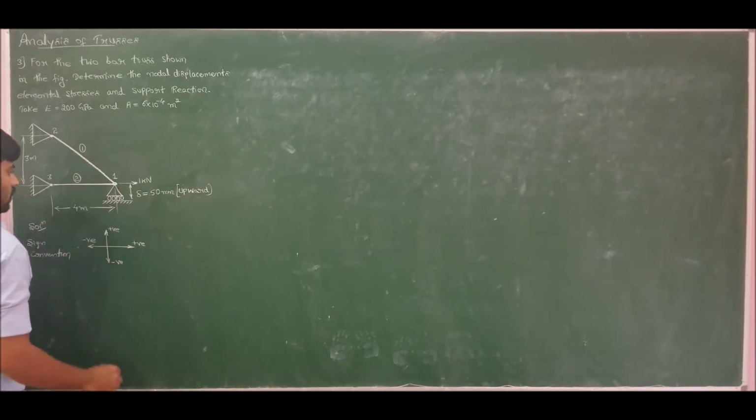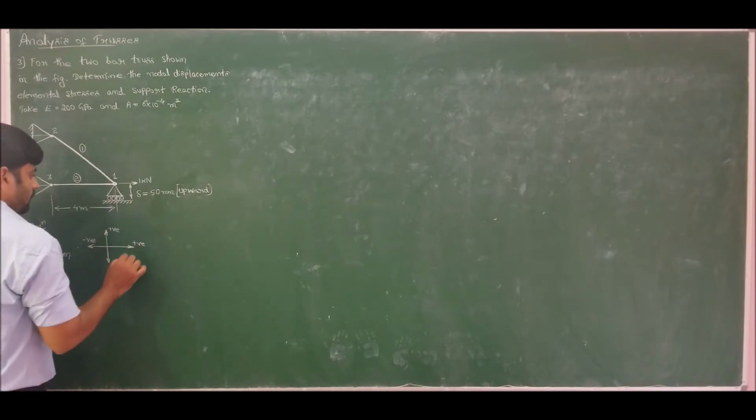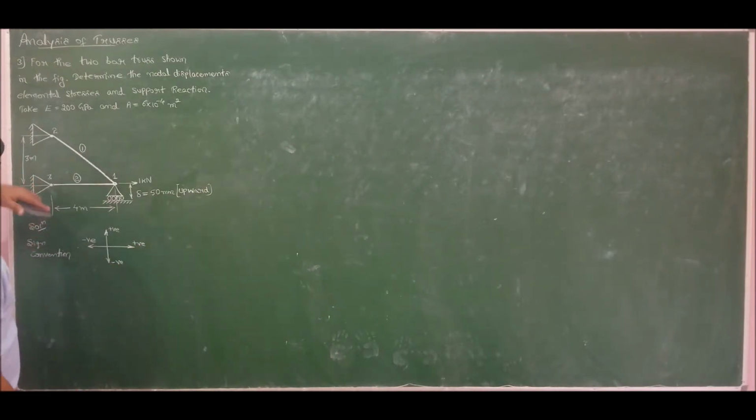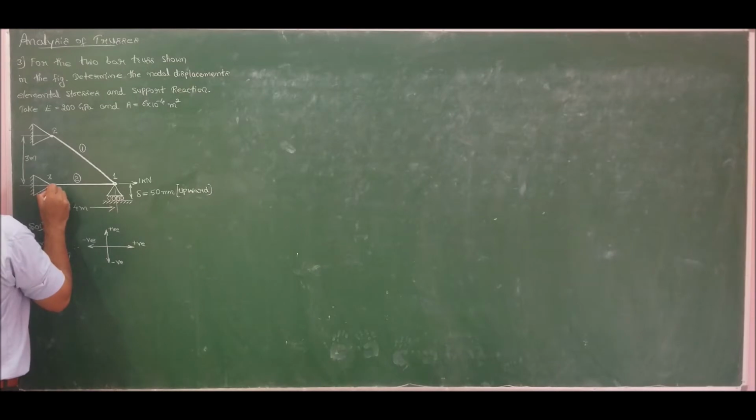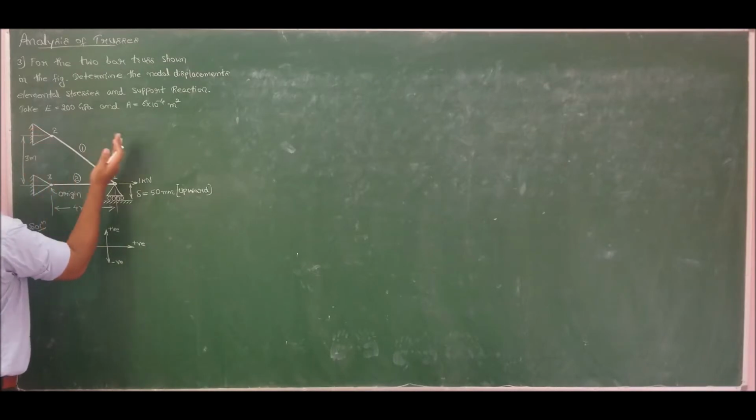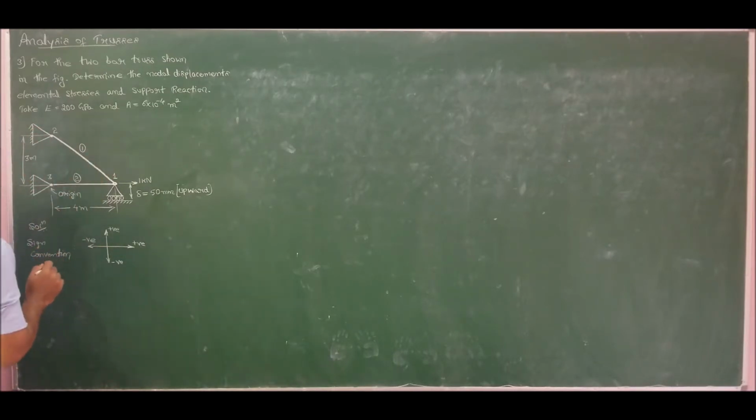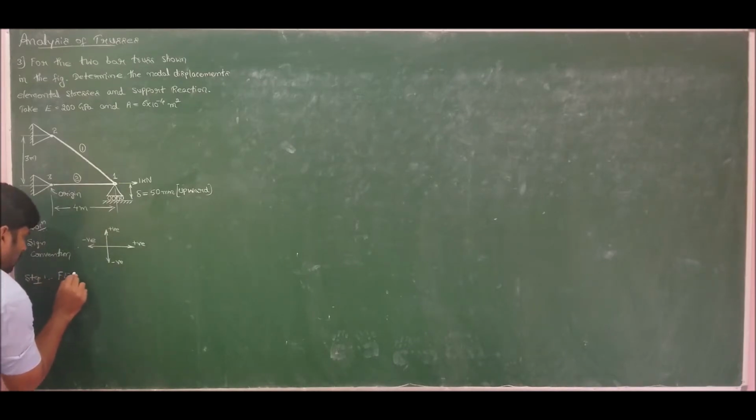And coming to fixing up of origin, always we should fix the origin in such a way that the entire truss will lie in the first quadrant. So therefore, I will fix the origin at this point. If I fix node 3 as origin, the entire truss will come in the first quadrant. So now, fixing that as origin, if I move to step 1, we have the finite element model.